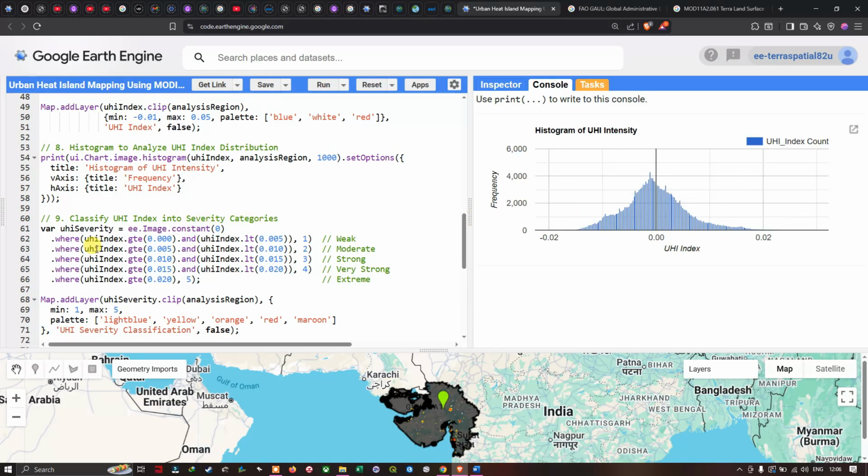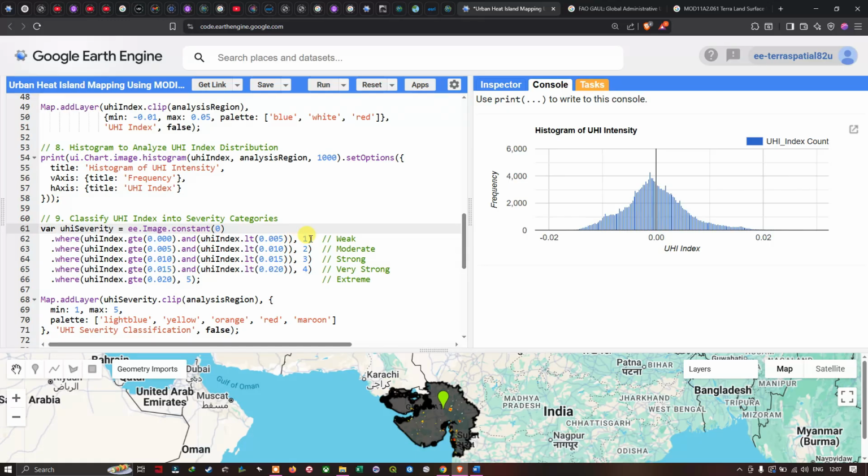Starting off, we're going to define a variable called UHI severity equals ee.Image.constant(0).where(UHI index greater than or equal to 0.000 and UHI index less than 0.005,